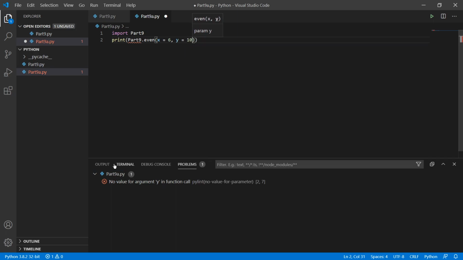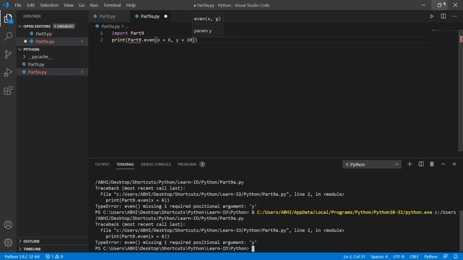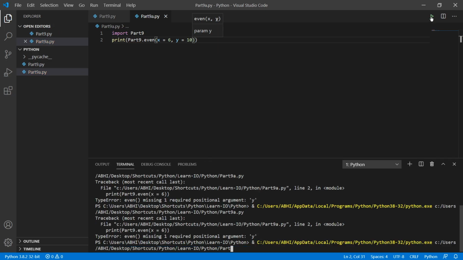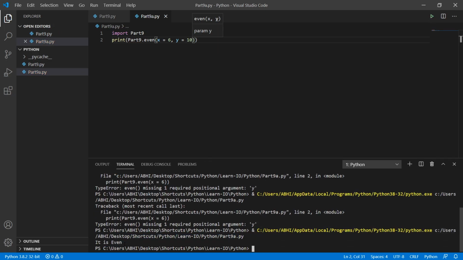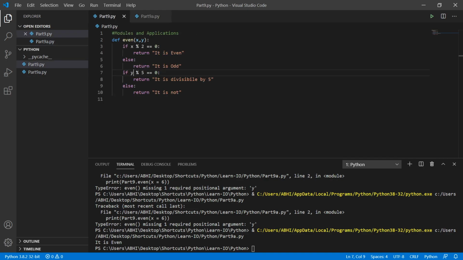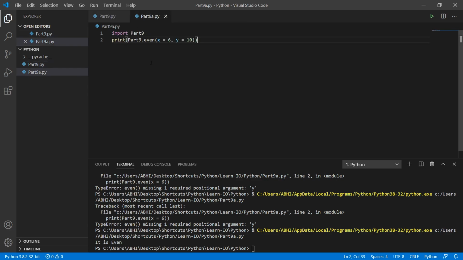10. Okay, now let's go back to our terminal and run the program once again. And I get it is even. Okay, and let's go back and make sure that everything's working fine here in this case. Okay, so what it's doing is it's only printing out the first part here, and it's not printing out the second parameter. And we can fix that by